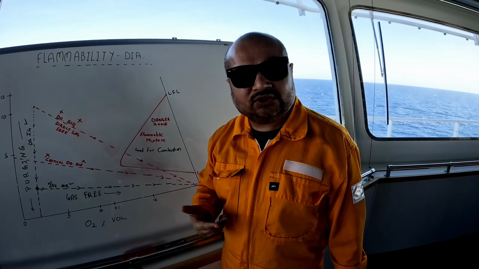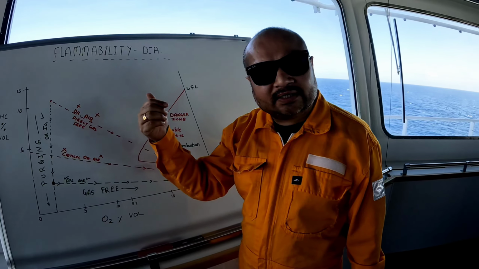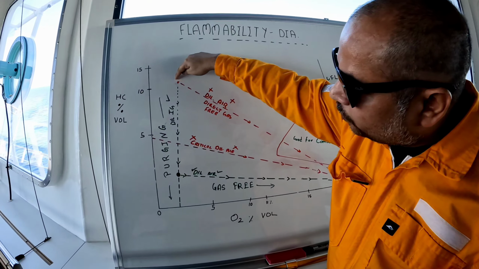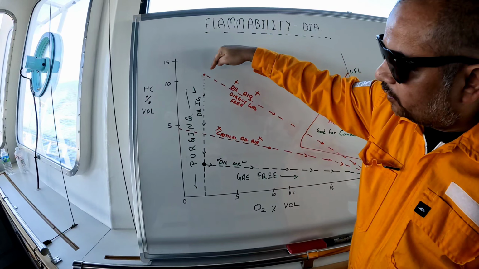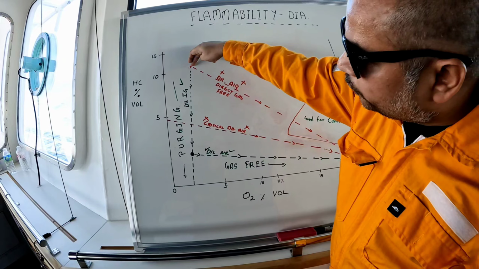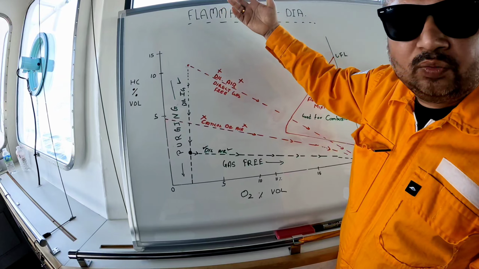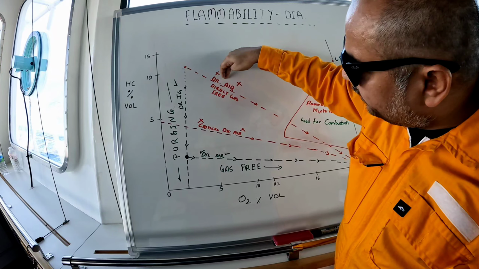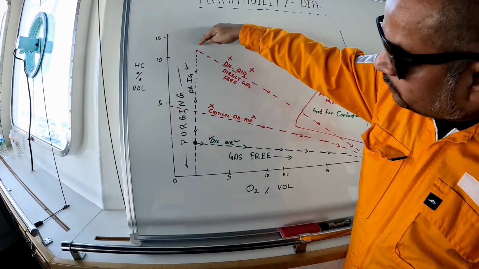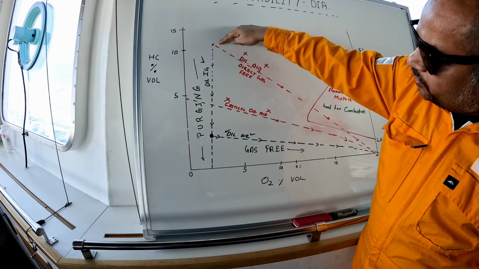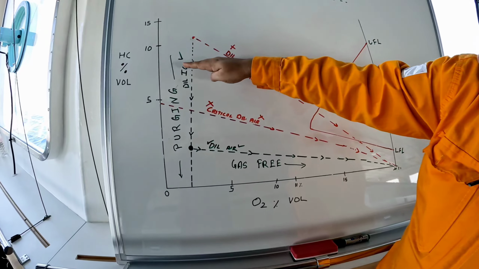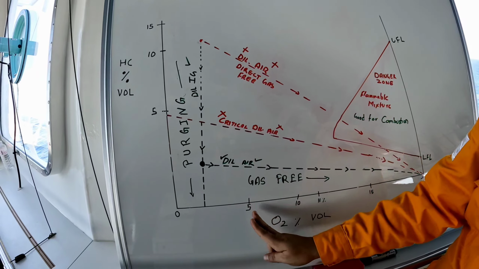Whenever you take shortcuts, you are taking risks. So what risk will we be taking here if we take the shortcut? Shortcut means your tank has about 10% hydrocarbon and 4% oxygen. Now you want to take the shortcut, and what you do is directly put in air, because you want to make your tank gas free. So you put air directly. This is the direct gas free method. You are putting the air in directly, and then slowly your hydrocarbons will keep reducing and your oxygen will keep increasing.